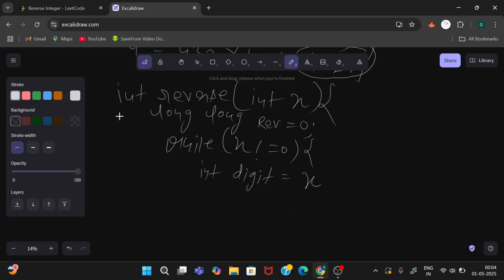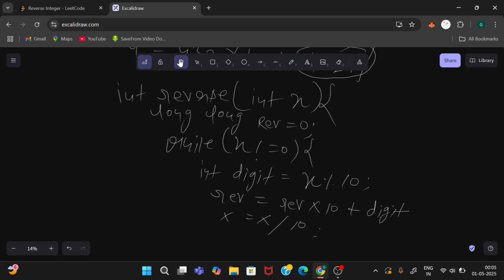We will extract the last digit by using the modulo operator and do the same process that I explained previously: reverse equals reverse into 10 plus the last digit, and after that reduce x using the divide operator.